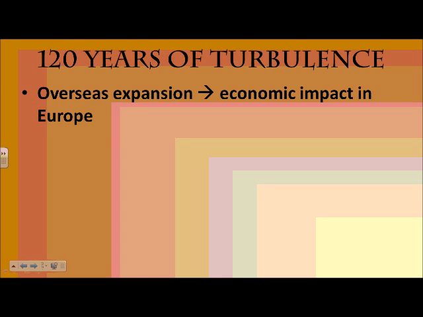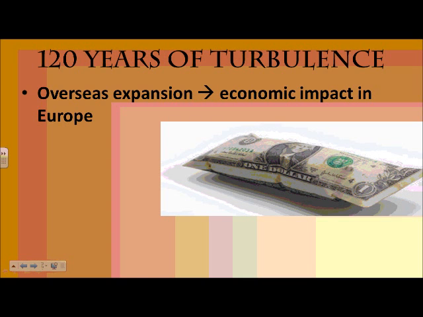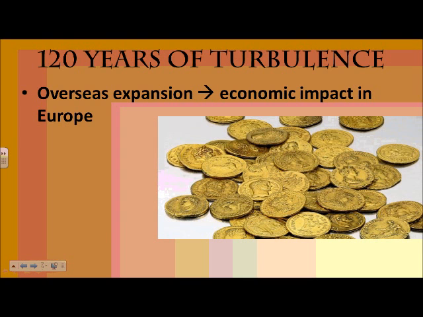When the Europeans are going to the New World, they're bringing back lots of cool products, but in a way it also hurts Europe. It causes inflation, especially with the Spanish gold. When the Spanish bring back lots of gold to Europe, that means the gold that was already in Europe is now worth less. So that's what we call inflation. So that's one issue. That you, as the average peasant, you make the same amount of money that you made last week, but a loaf of bread costs 3 times as much.